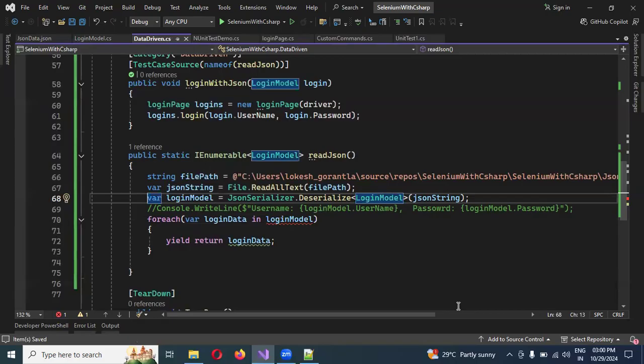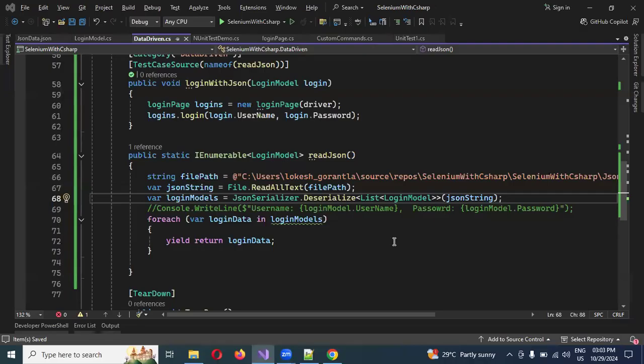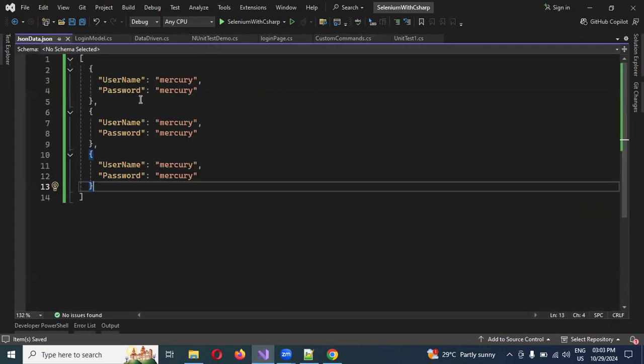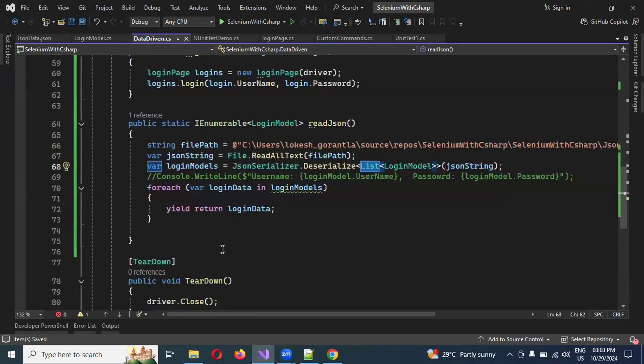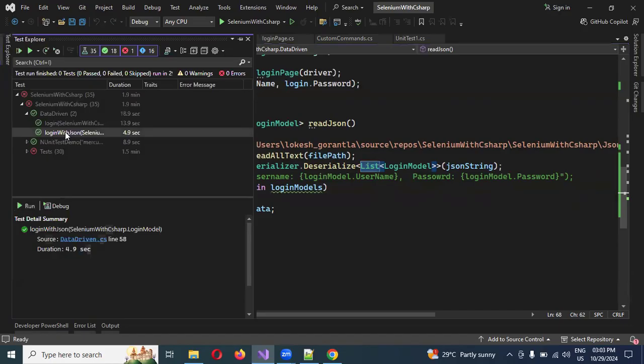One minute, I'll come back. There is only one mistake I made. That is a list. I forgot to add it because it's a list of values, right? Because JSON already has a list of values. Okay, I just missed that, and that's why it gave an error. After adding it, it got fixed. Okay, now if you run again,